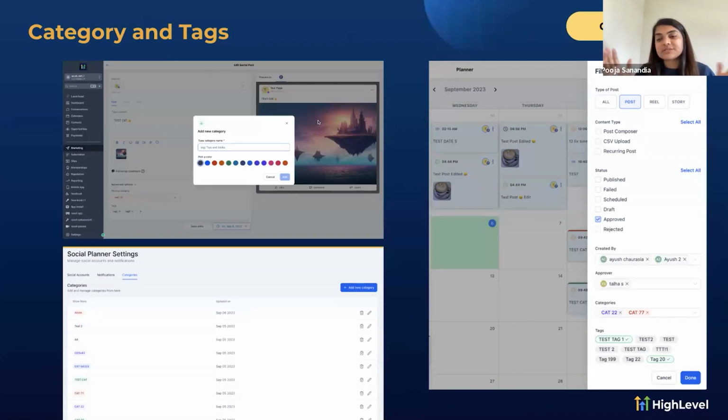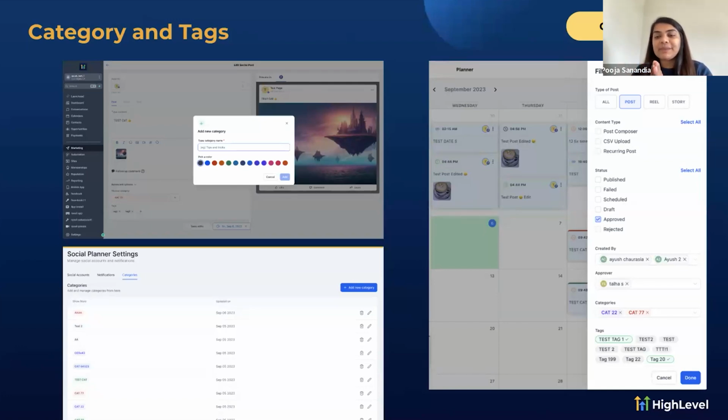This is a bigger vision that we are looking at. The first thing that we want to allow our users is to add tags and category. So the basic idea is that once you create your category with a post, if you want to ever come back and then repurpose it using a recurring post, that's the bigger picture over here. So starting, we are going to allow each of our users to just add in tags and category, and then